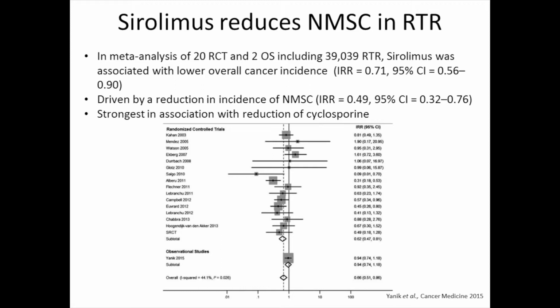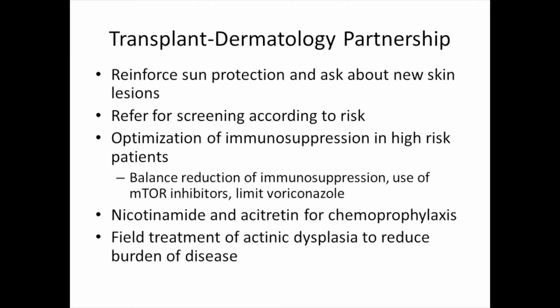Sirolimus is also associated with a high risk of wound dehiscence, and so for patients having invasive surgery, they can't be on sirolimus, and so there really does need to be a balance here. So transplant providers and dermatologists need to partner together to reinforce sun protection, to ask about new lesions, and to consider these medications. So then in the last few minutes of this talk, I want to give you some information